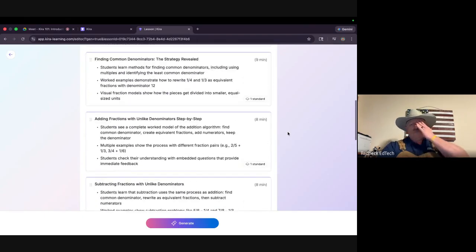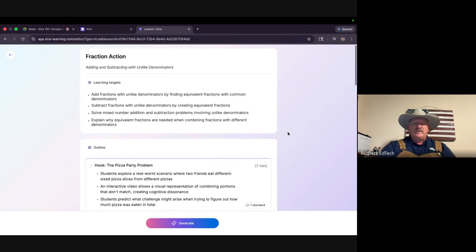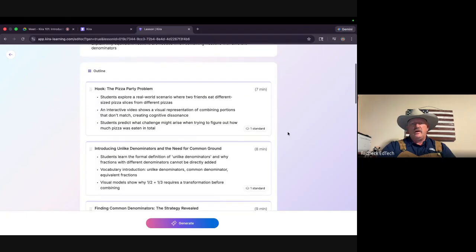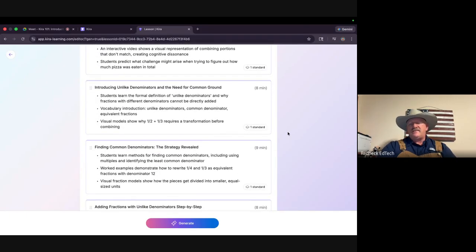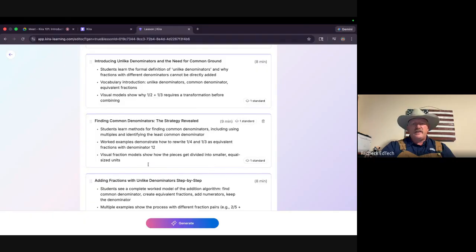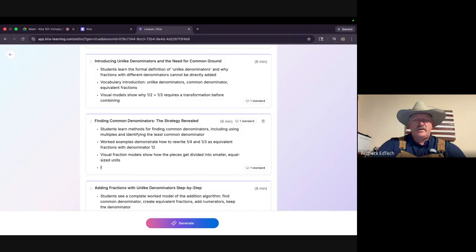Well, what would you want to change? As you think through this, you've got to understand, number one, this outline is fluid. And I can set it up any way that I want to before I'm done. So this talks about visual fractional models, everything here. After that, I could honestly just hit return and say, include 5 multiple choice problems for mastery.